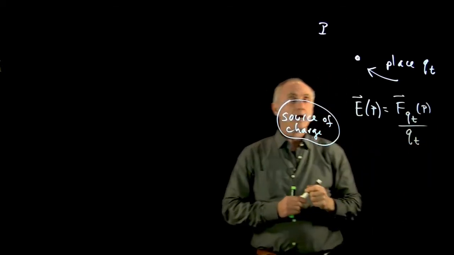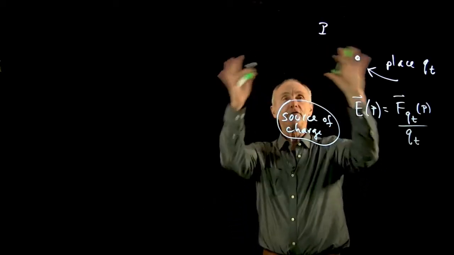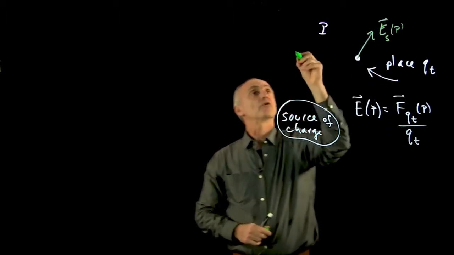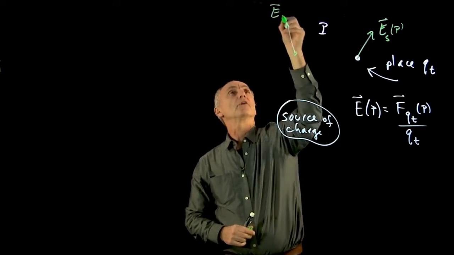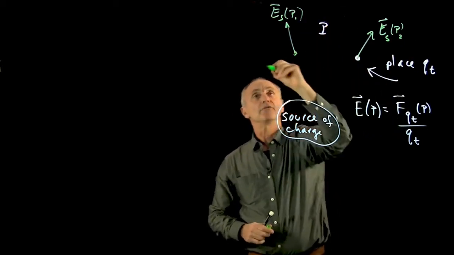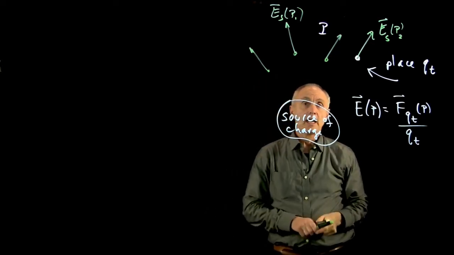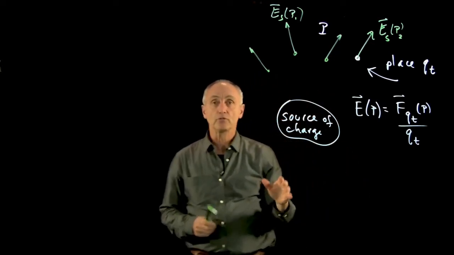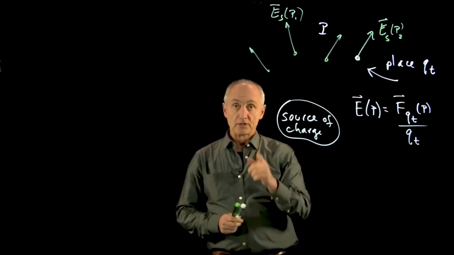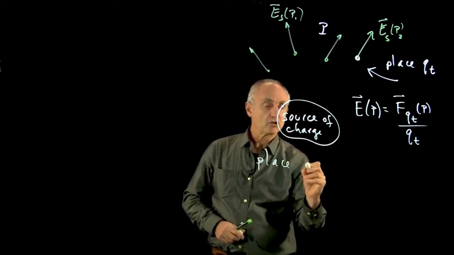And what this enabled us to do was to associate electric fields of this source everywhere in space. If we were at different points, P1, P2, the electric fields at these different points would point in different directions, so we would end up having an arrow at every point in space. And we learned how to calculate this electric field for a variety of different types of sources, point charges or sources with symmetry. But the important point was that if we place a charge Q